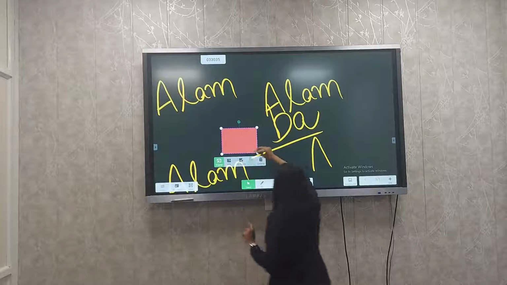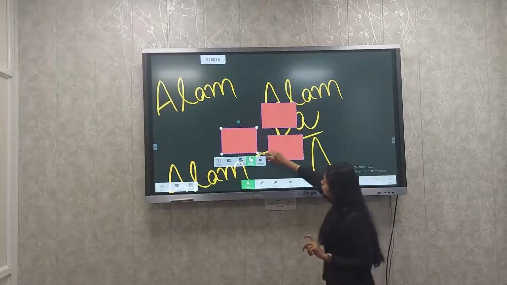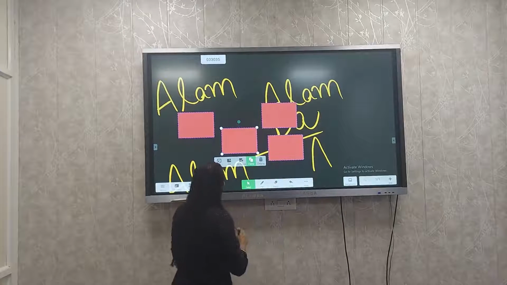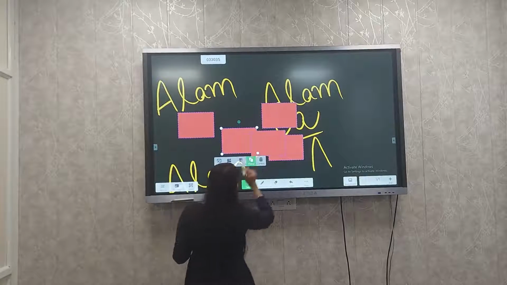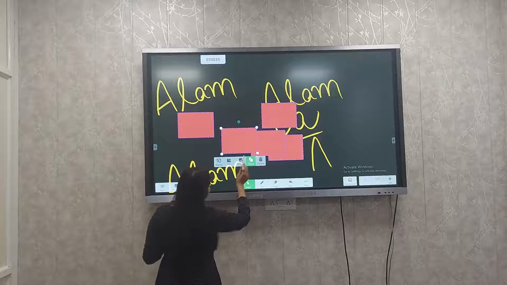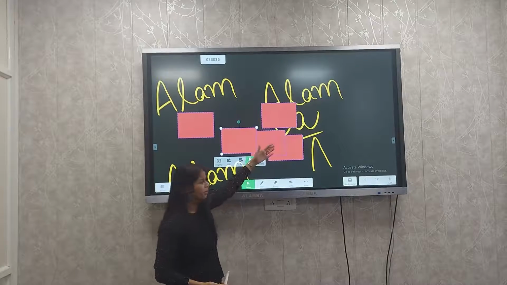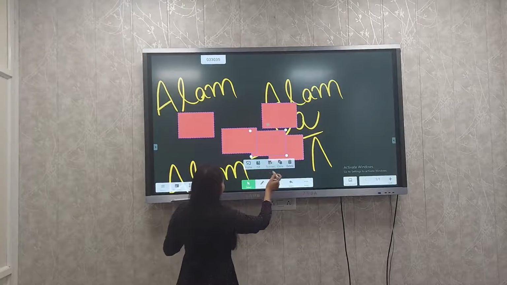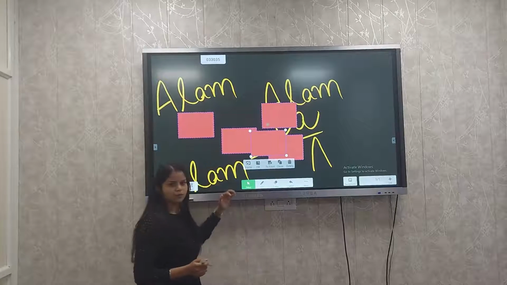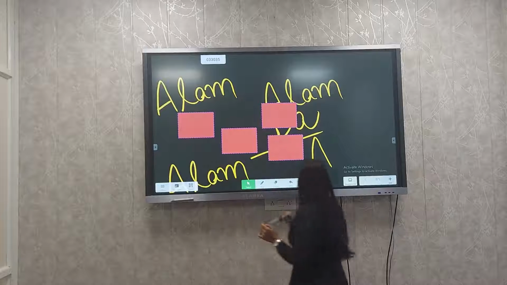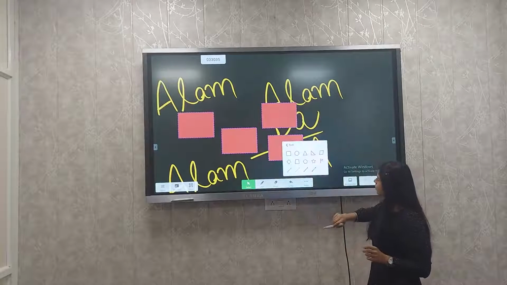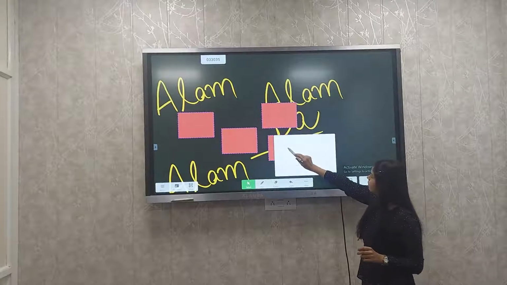Okay. Same way you can clone it, and then you can see if you want to bring it up front. See, this one came forward and this goes backward. Same if I select this and just send it up front, it comes forward. Then delete. Then go to other option, go back.